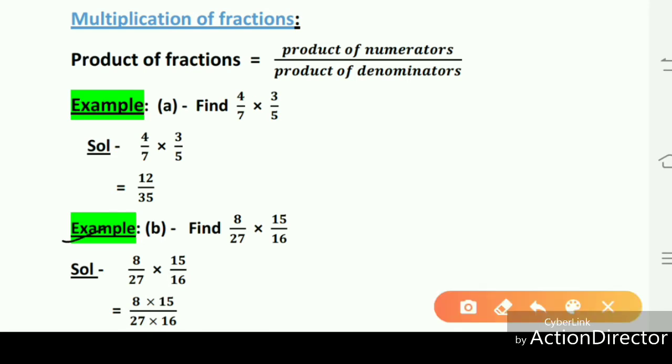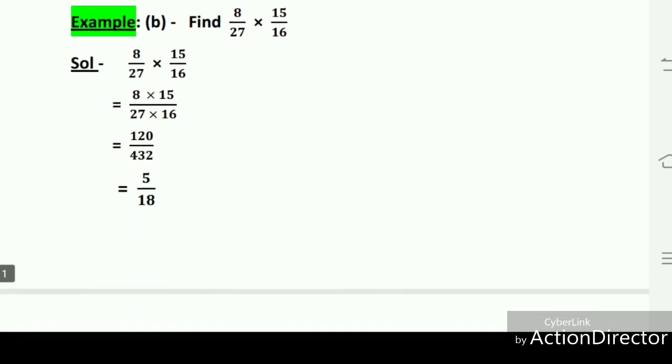Now example number B, find 8 upon 27 into 15 upon 16. Here first we multiply both numerators 8 and 15. So here we write 8 multiplied by 15. Now we multiply both the denominators 27 and 16. 27 multiplied by 16 we write in the denominator, and when you multiply 8 into 15 it gives the product 120,